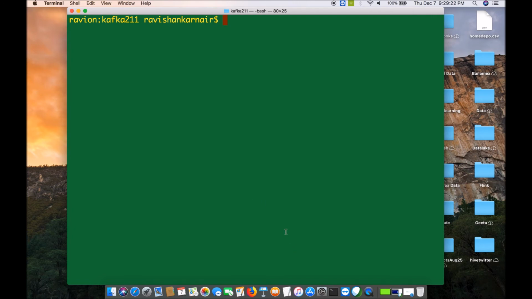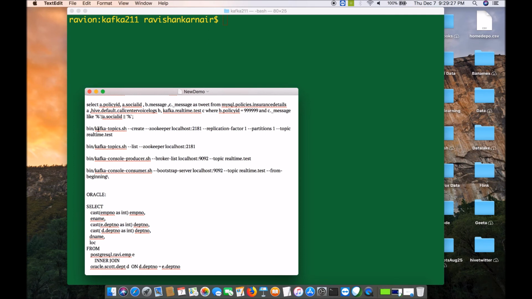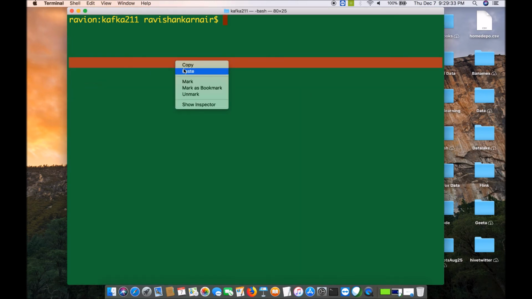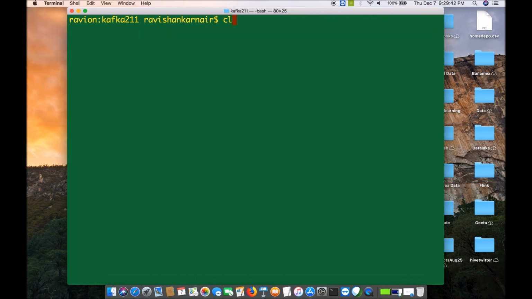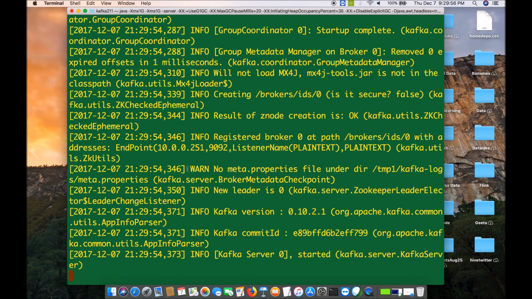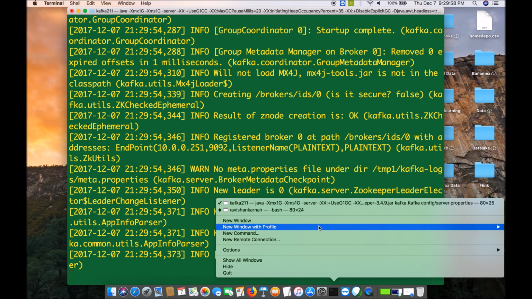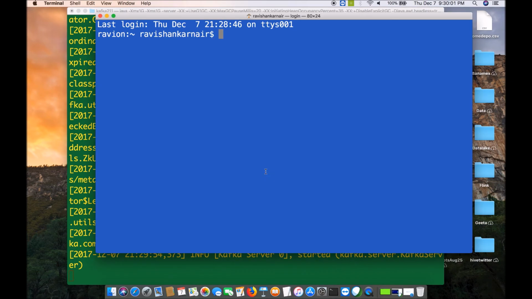So let us type a command to create a particular messaging queue. Yeah, before you do that, we will have to start the Kafka server. This command is not going to work unless I start it. So let's go back to the Kafka server again and run bin/kafka-server-start.sh, and you have to pass the configuration parameter, server.properties. You can see that Kafka is now running and it is started. Now you can create your topics